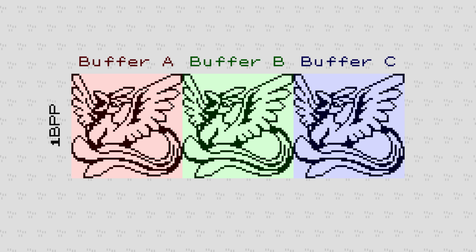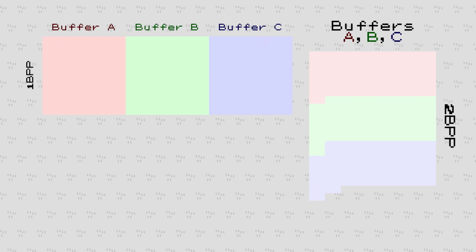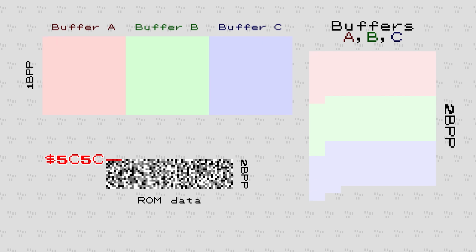This makes it easier to see what exactly is going on. And over here, I'll show the data in row order at 2 bits per pixel, which is more likely what you would see if you were using a memory viewer. You can tell from how messy this looks that it is important to interpret the graphics data at the correct bit depth. First, the 16-bit pointer to the compressed graphics data was loaded from the Pokémon statistics table, and the